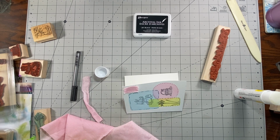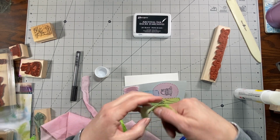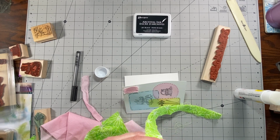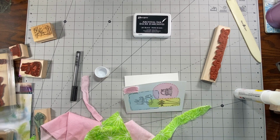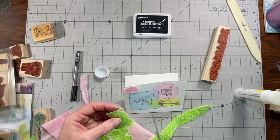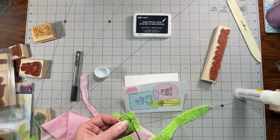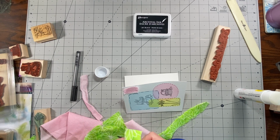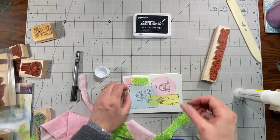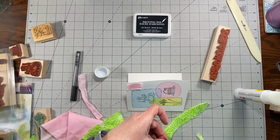I've got some nice green. This is from a dress that my daughter made when she was in 4-H. Seems like a while ago now. Wasn't that long, but I should have made it skinnier than what I was doing. It's okay, I use these little bits for stuff, so it's not a big deal. I'm going to go ahead and